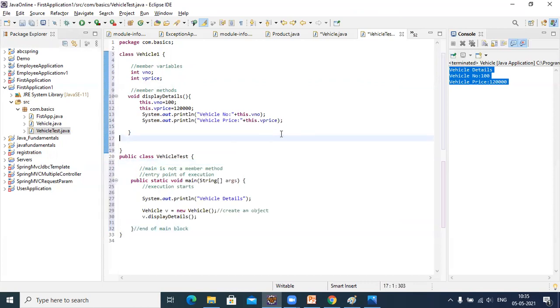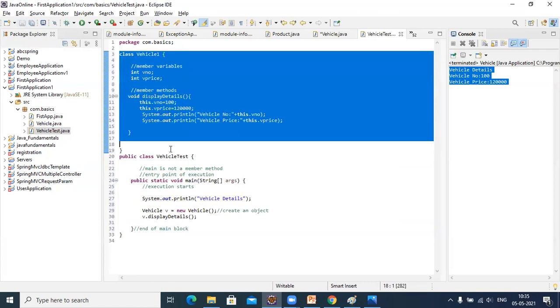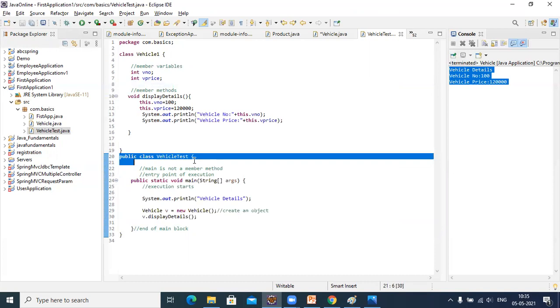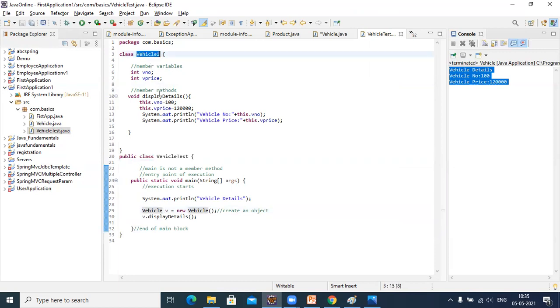That's it. Okay, so here see now, you have a class Vehicle with some features and you have a testing class, VehicleTest, for which you are creating an object now. So create an object for Vehicle1 and call the details.